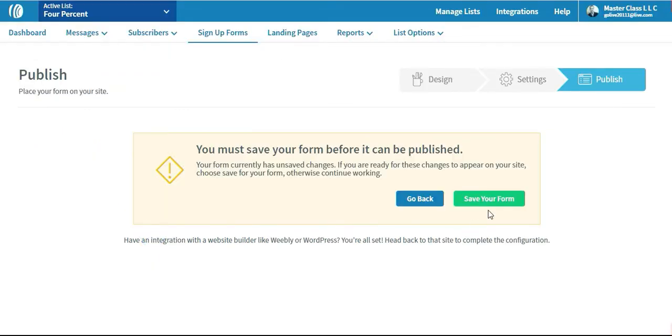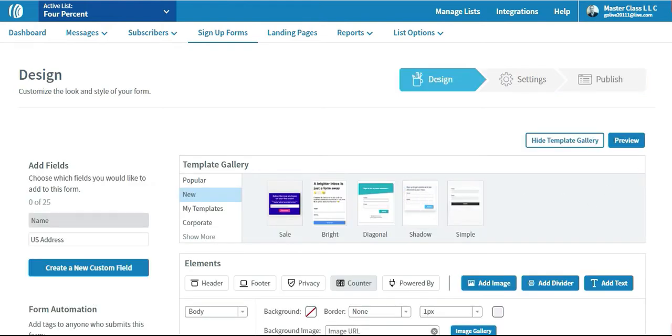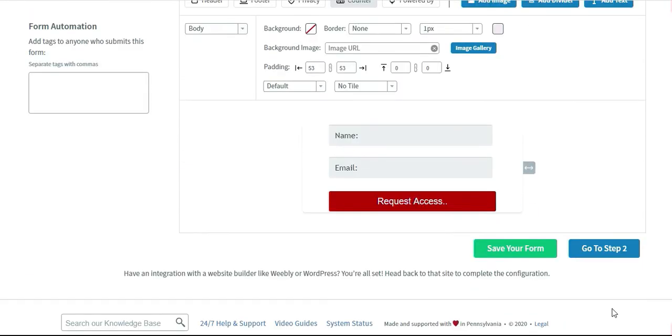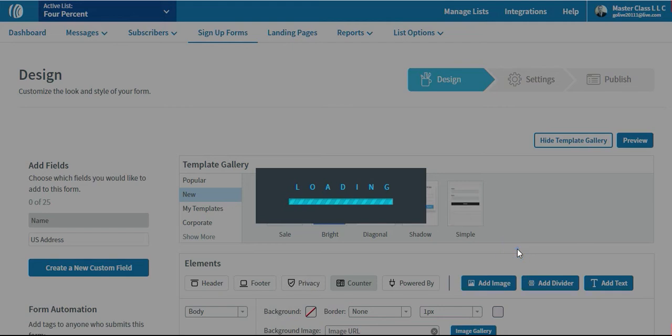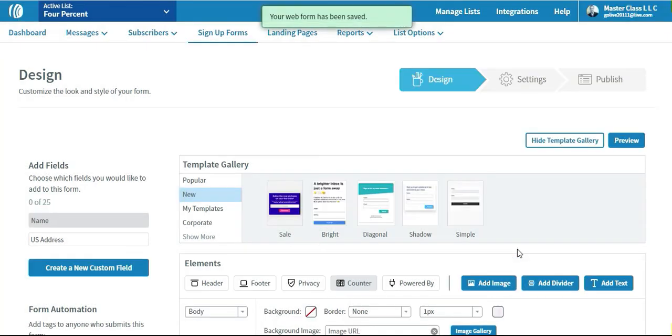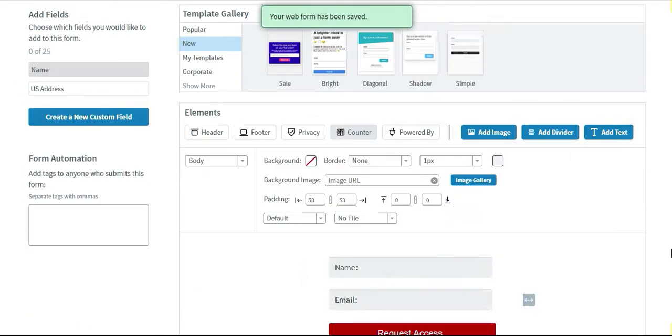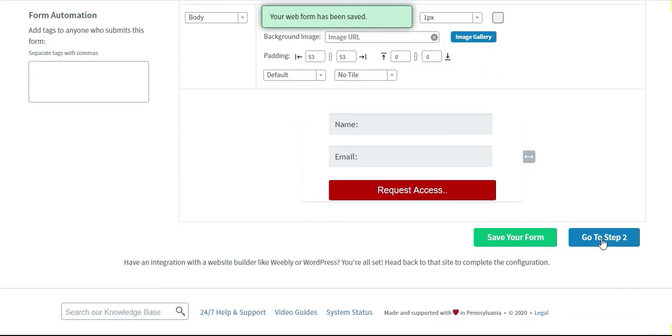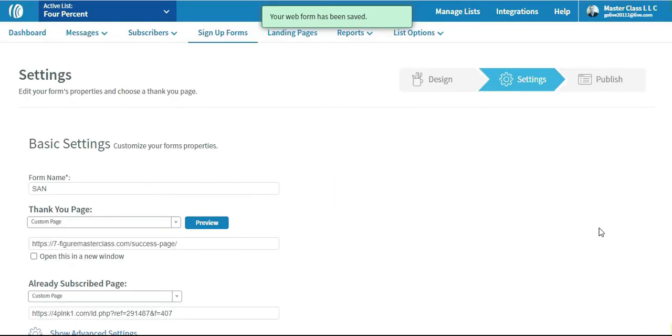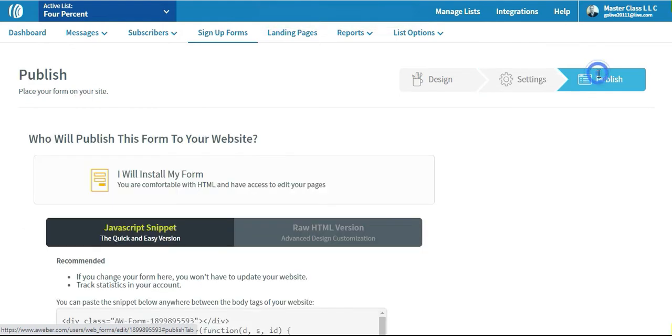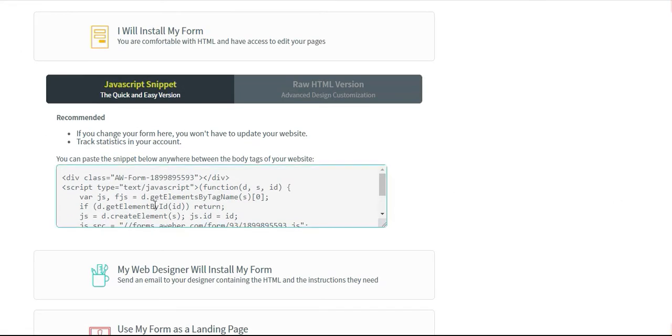Oh yep, save form, sorry, go back, save form, go back, save form. Okay, make sure to save always. Then once you do that, go to step 2, and that's where you will be able to get everything set up, and go to this publish, and I'm going to copy that,